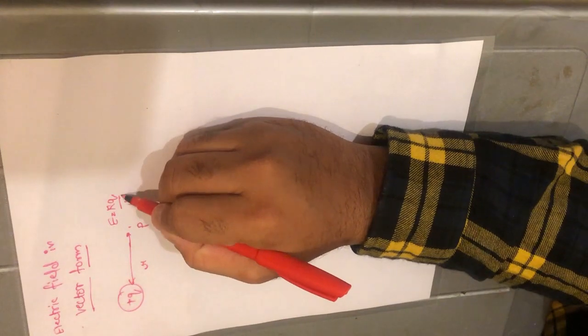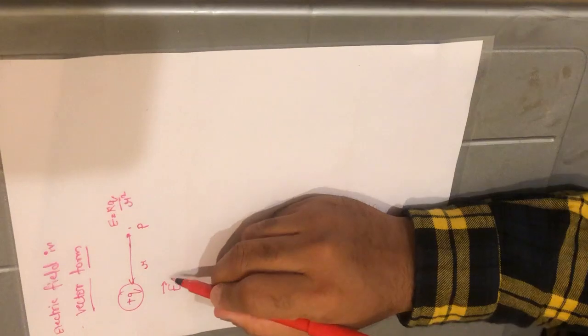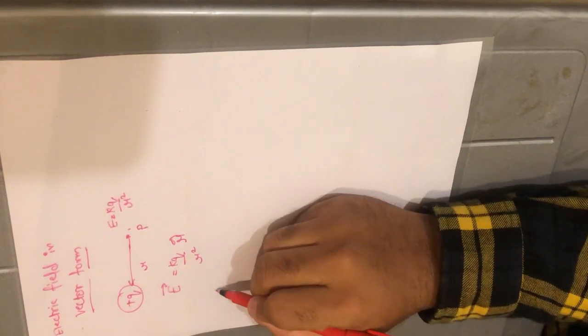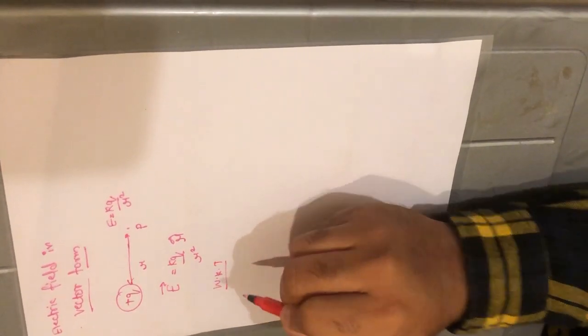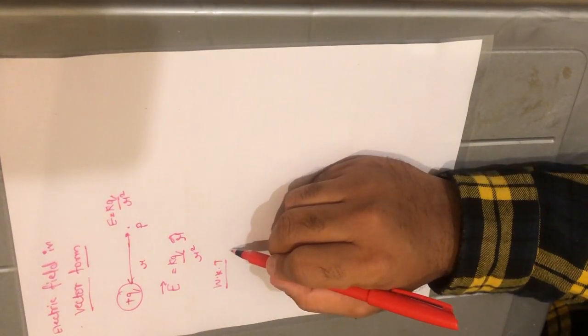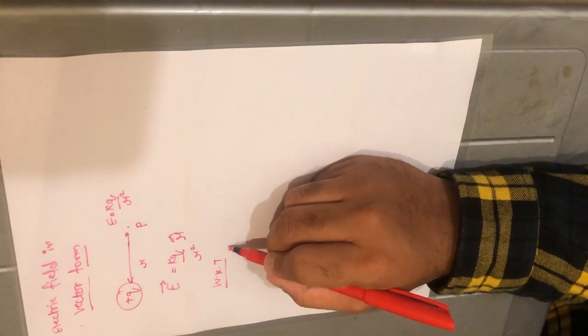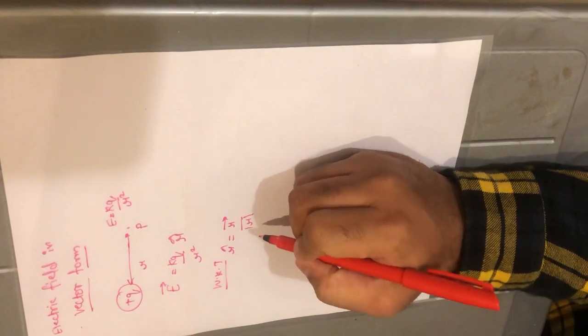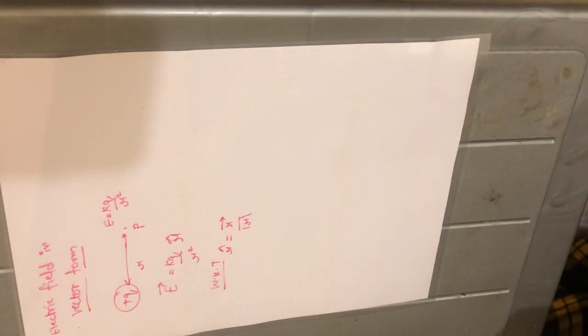So here we are going to consider a charge again, which is positive in nature, and we have a point charge at a distance r from it. And you already know the electric field formula is kq over r square. This is a minute difference between the Coulomb's law formula and the electric field formula. There in Coulomb's law it is k product of q and then r square. Here we have only kq upon r square. Now looking at its vector form, it becomes kq over r square, and r cap, that is in vector format.